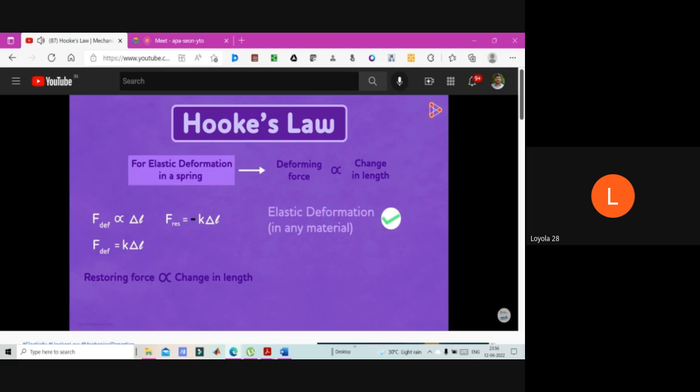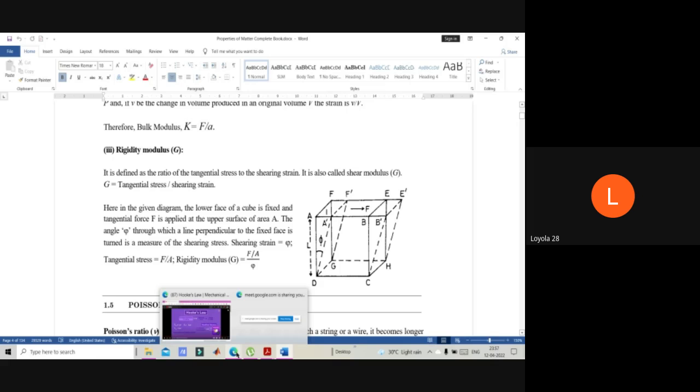Okay, students, you might have understood these concepts clearly. And now